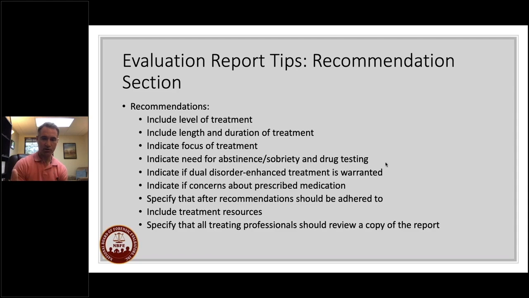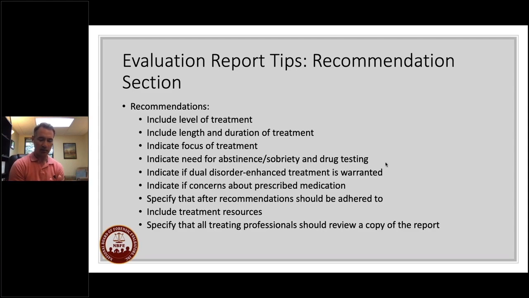If they go to the treatment and then the treatment professional recommends aftercare, write in your report they should just go with any aftercare recommendations as well. Include treatment resources so they know where they can go to get help, and specify that every treating professional should review this report. Because if you don't, what I see is you could do the most thorough, wonderful evaluation, and